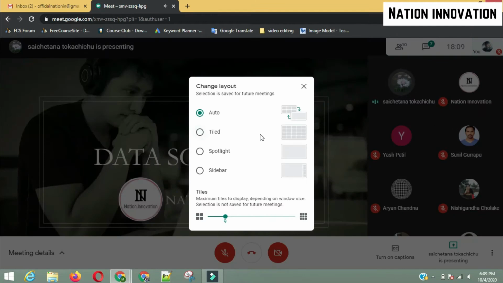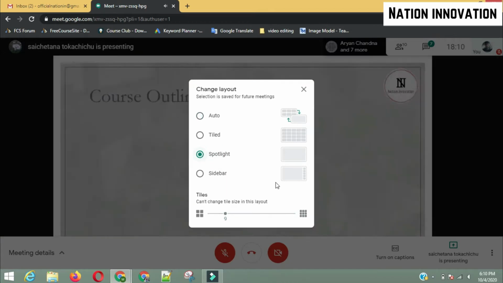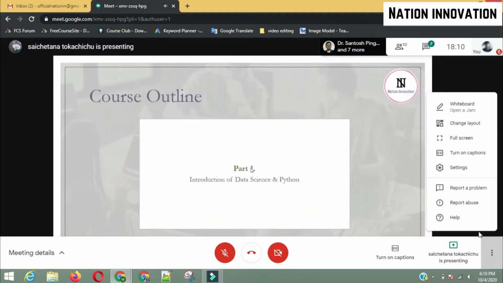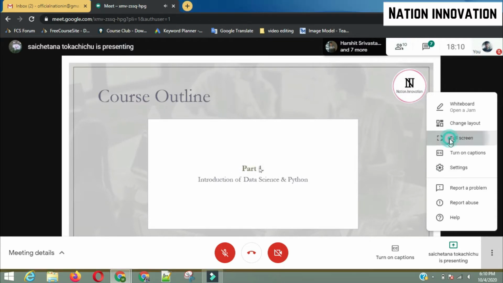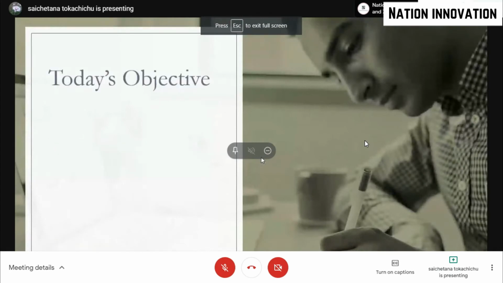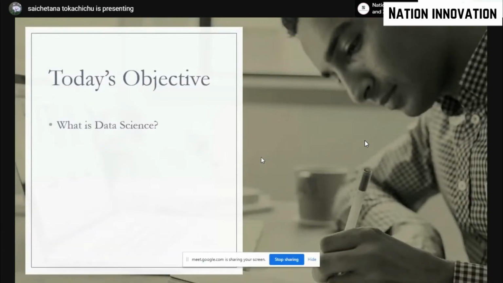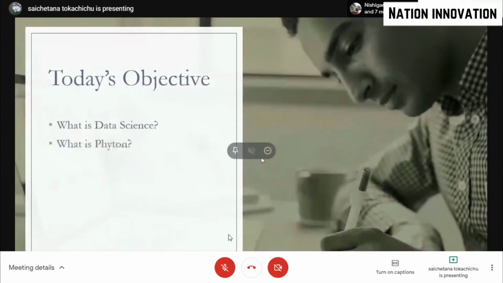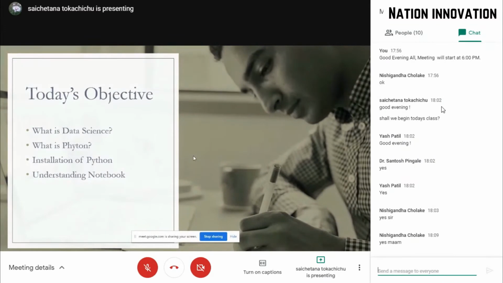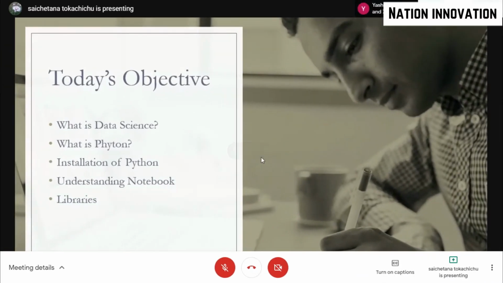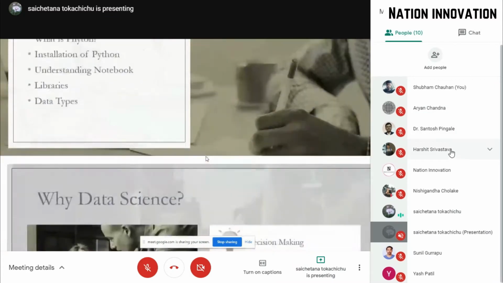As you all know, we are doing a data science crash course through Python. Our first step, part one, is to know what is data science and what is Python, and how we are going to use it in our data science problems. So here we begin. This is an introduction part. What is our agenda for today? Today's agenda will be a brief outlook on data science. What is Python? Why do we use it? How to install it? And twiddling with the basics. Just looking around, poking here and there to see what is a notebook, and then what are libraries in Python and data types. This is our objective for today.